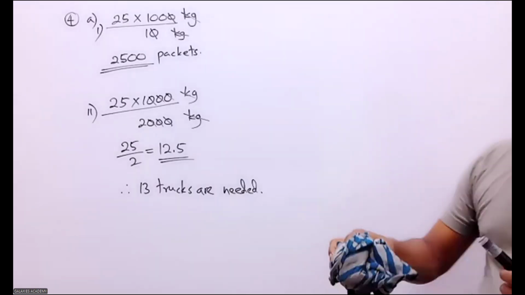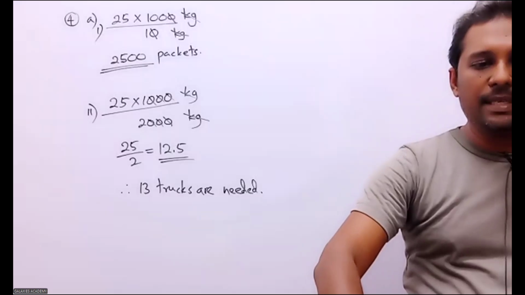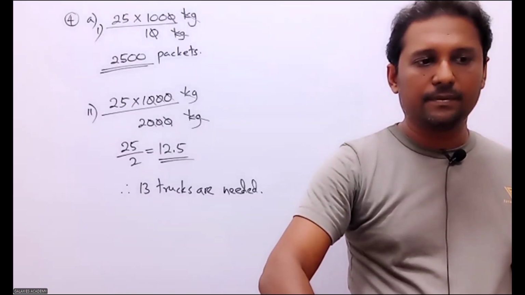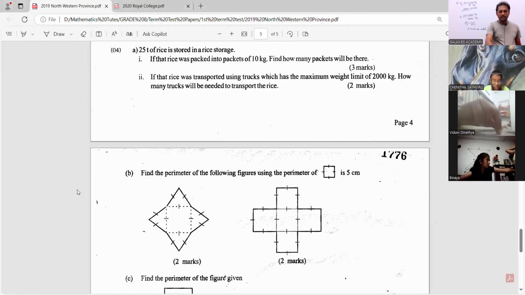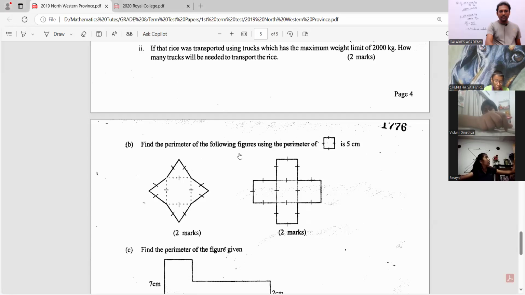Right, then let's go to the next part, simple B. Find the perimeter of the following figures using the perimeter of this one. You can see the side length is